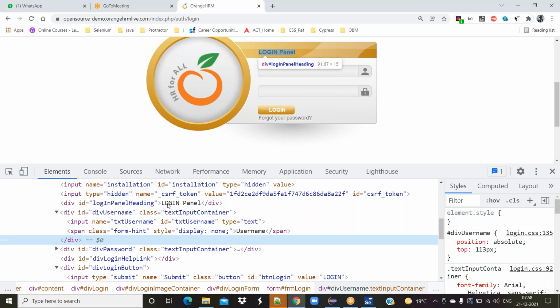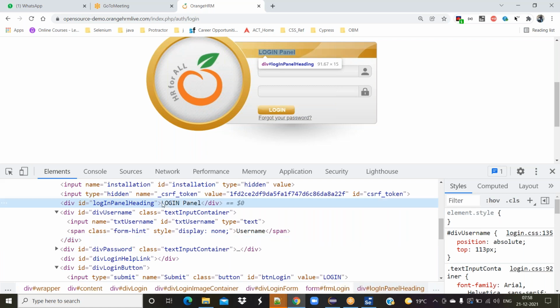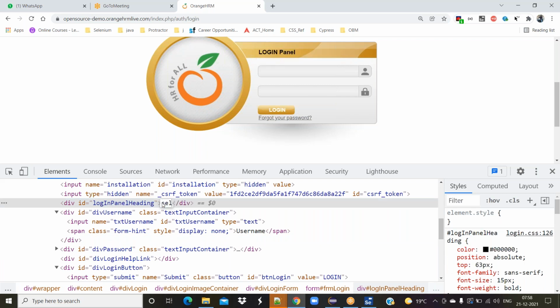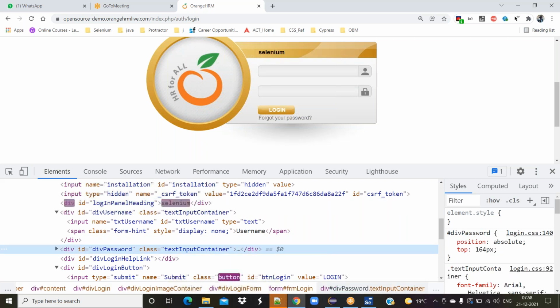The text here is actually displayed on your panel. You can observe this: if I change it to something else, you can see it changes to Selenium. The text displayed here is exactly displayed in your UI. This we call link text.